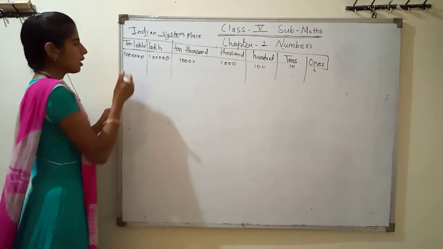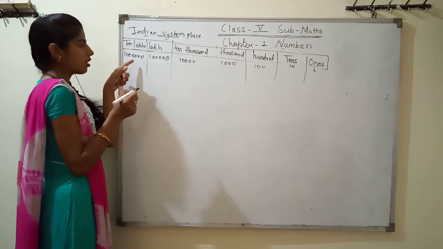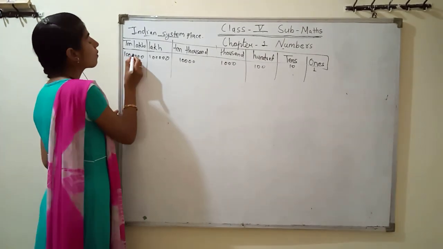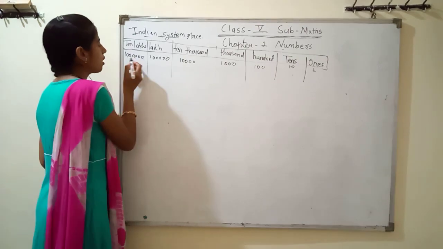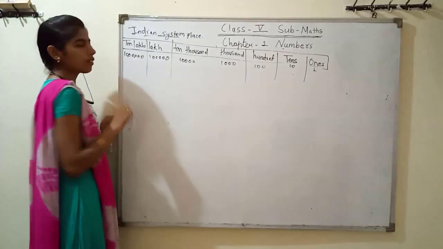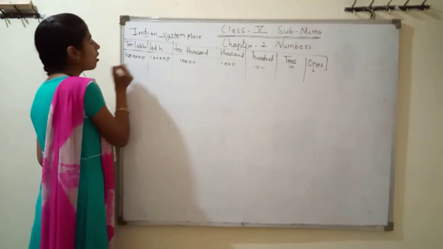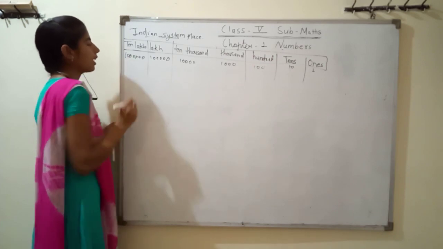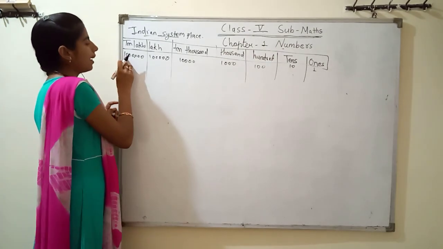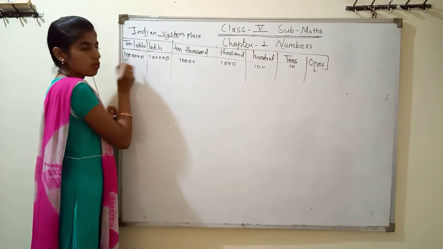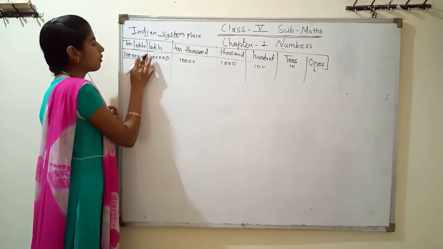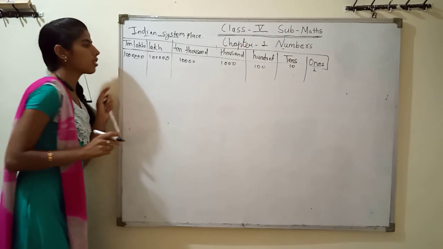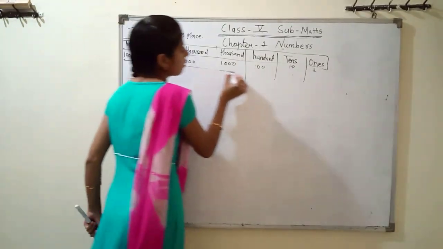In the Indian system place value chart, we make the first comma after the 100, then after 1000 and 10,000. After the 10,000 we make a comma. After that, lakh and 10 lakh. Then how do we count? 10 lakh, 1000. If there are no other numbers, then we only read 10,000. Like that your index is completed.